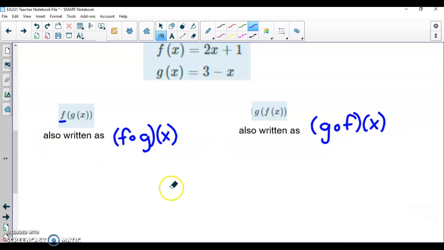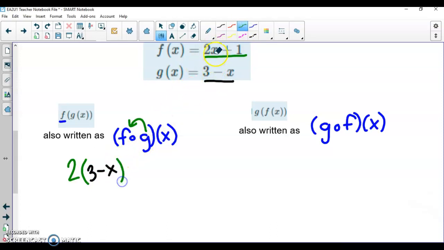Okay, so now we just plug things in. g comes second, so I will plug g in anywhere I see x in the function f. So I begin with the function f. I'm going to write the function f in green. We begin with this function, 2. I see an x. Immediately when I see an x, I start a parentheses. And now I will plug in my function g, exactly what it says, 3 minus x. I end my parentheses